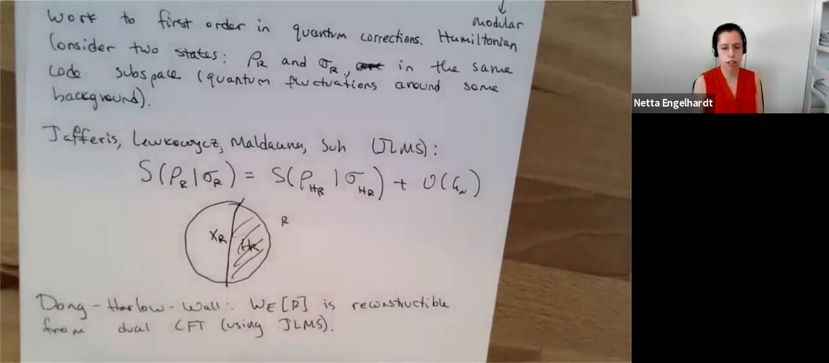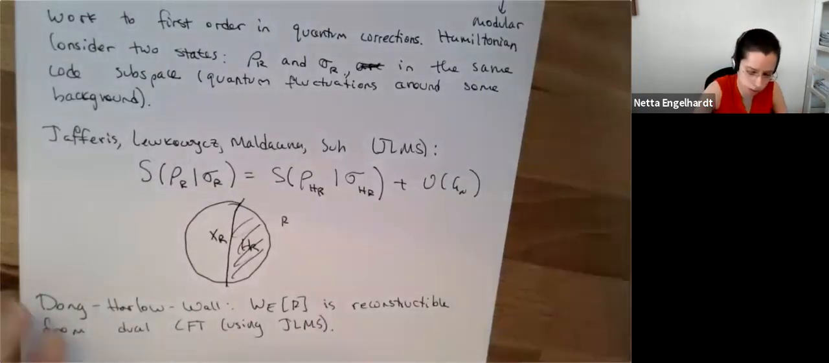So the intuition is that the relative entropy is a distinguishability measure. So suppose,